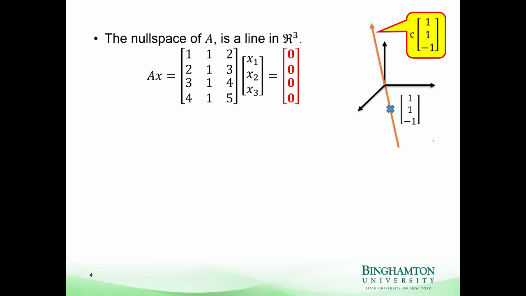So for this problem, you can see that if you take 1 times the first column, 1 times the second column, and -1 times the third column, those will all add up to 0. Then any c is just going to pull out in front, so you'd end up with c times 0, which still satisfies that. So we can see that this does satisfy it. It may be a little harder to see that it's the only form that satisfies it for this case,